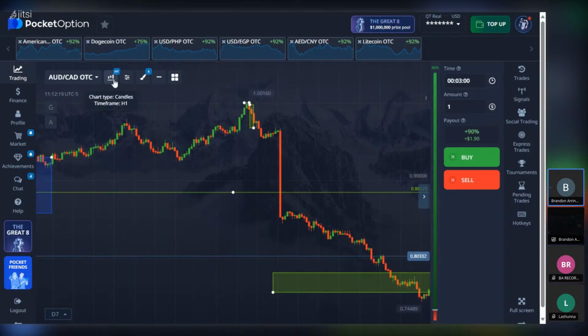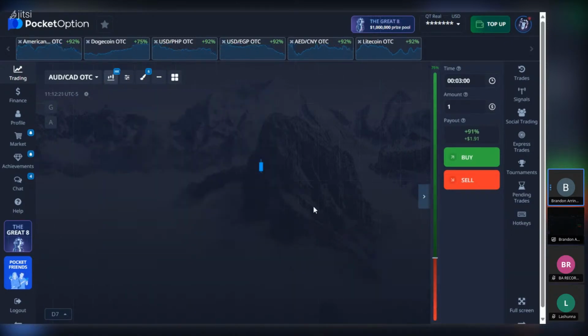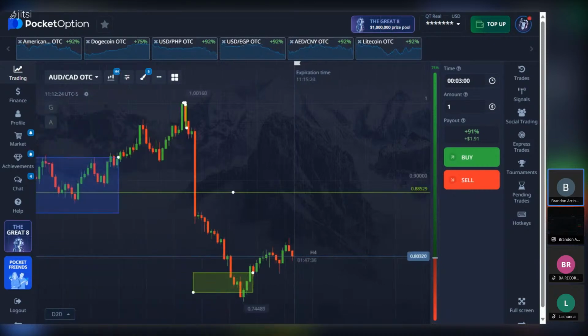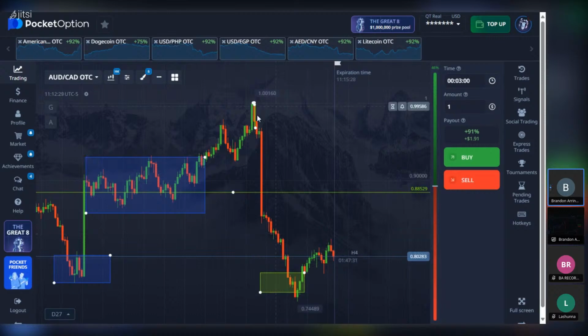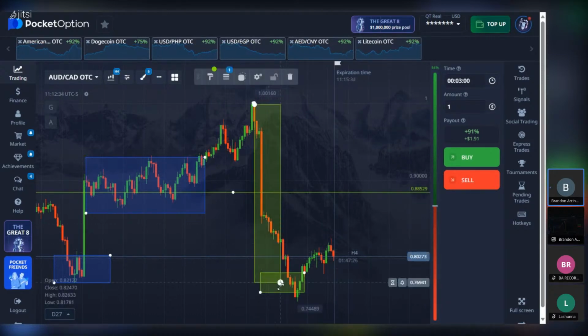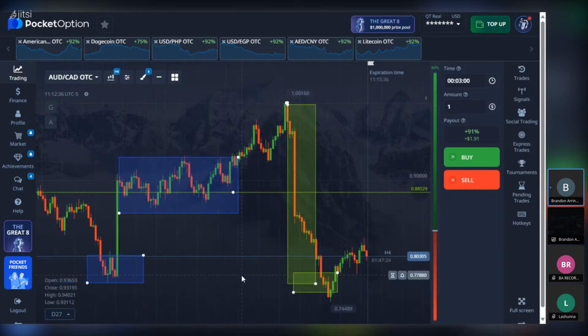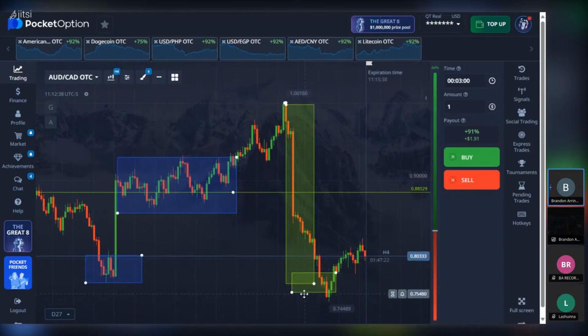Let me go to the photo. So they wipe the board. So you see what I'm saying? Look at that. They wipe the board. You see our previous entry. So say we bought down here. See that we bought down here. We sold up here. Everybody that's holding some 1 hour expirations or whatever, 2 hour, 4 hour expirations,